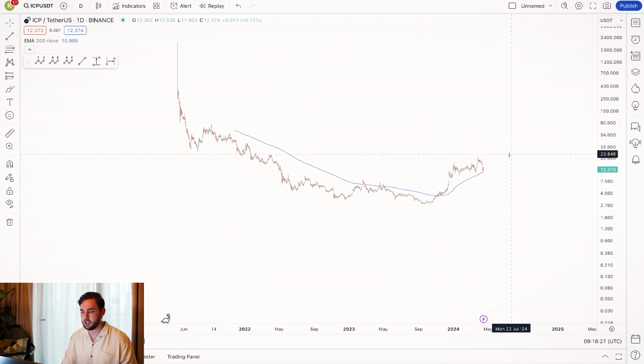And yes, you can see here in the case of ICP, right now might be a great time to buy because we are at that level of support in terms of the moving average. I'm not going to sit here and say I'm a trader, for example. I'm not. But yes, you can apply a lower moving average time frame to these coins. But at the end of the day, it's a new market, it's very juvenile. So these coins follow the sentiment which is dictated by Bitcoin and other macro events. So you really don't want to catch yourself looking at this as the be-all and end-all.